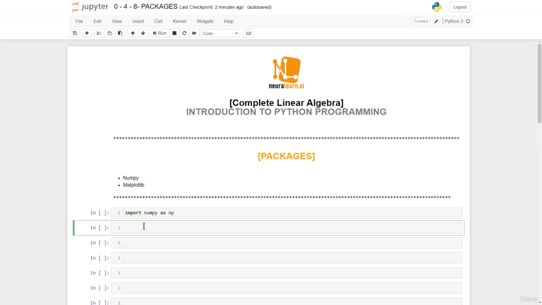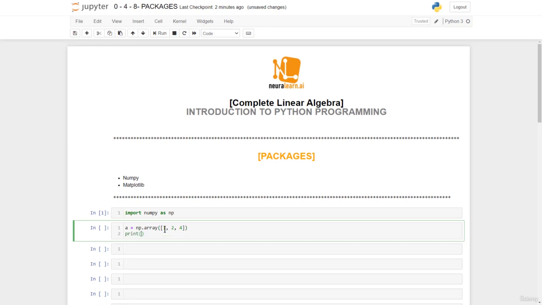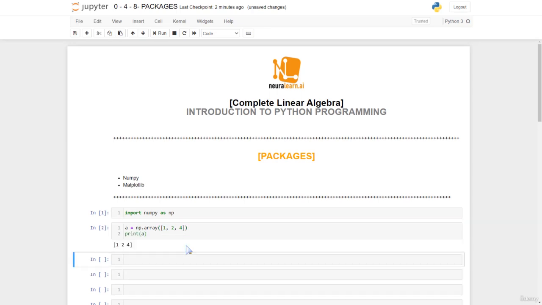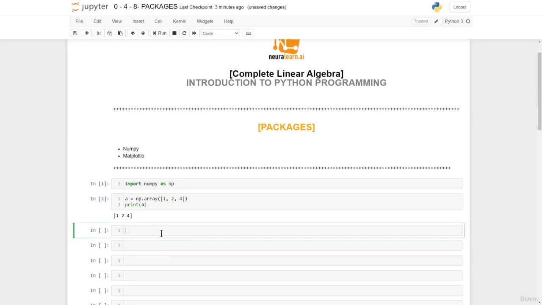Let's see how to create a simple Numpy array. So we have a equals np.array. Obviously we've imported Numpy as np, so everywhere we have Numpy we simply use np. np.array, let's have this one-dimensional list passed in. There we go, we have that. We could now print out a, and that's our Numpy array. We could also define a two-dimensional array, say b